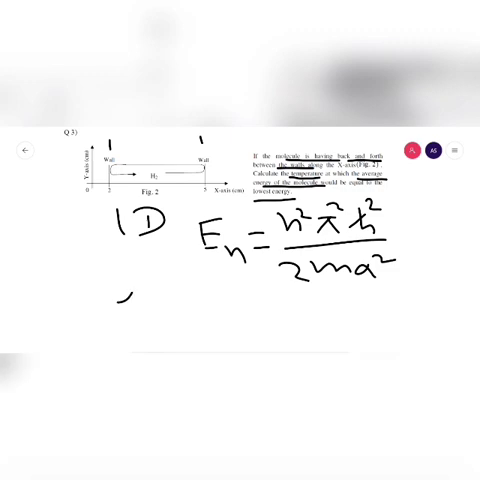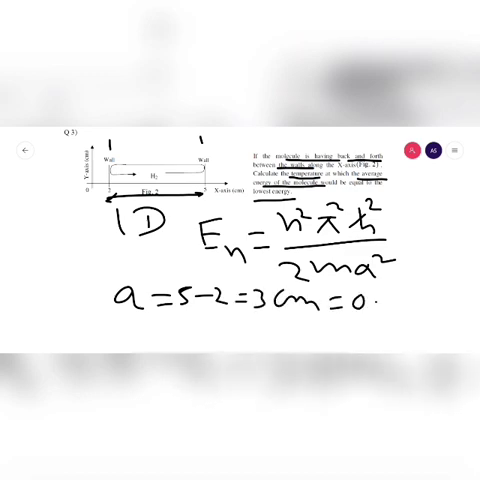You know very well the energy in case of the 1D is En = n² π² ħ² / (2ma²), where a is the distance between the walls. 5 minus 2 is 3 centimeter, you can write 0.03 meter. And what about the mass? Mass is equal to the